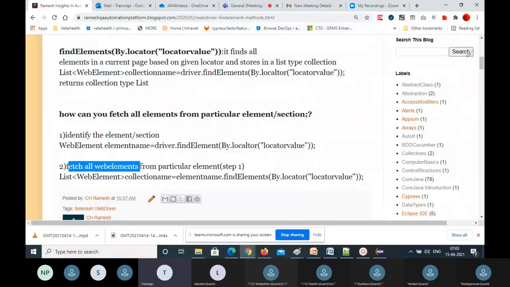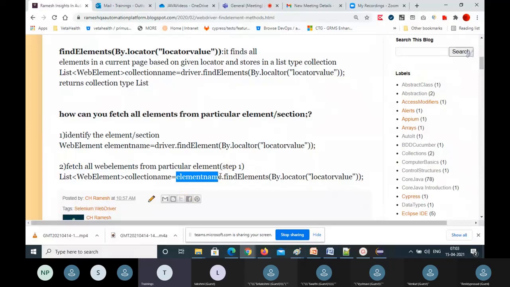Fetch all web elements from that parent element. List<WebElement> collection name equal to the first parent element name, this parentElement.findElements(By.locator value). So the findElements method you can use on the browser directly, or you can use on the parent element also.